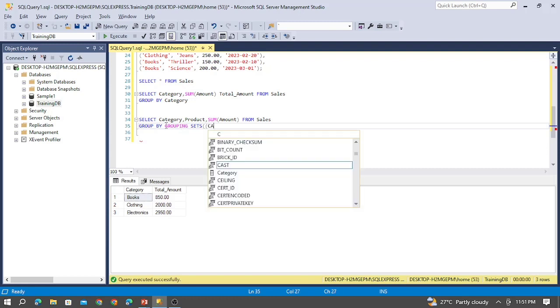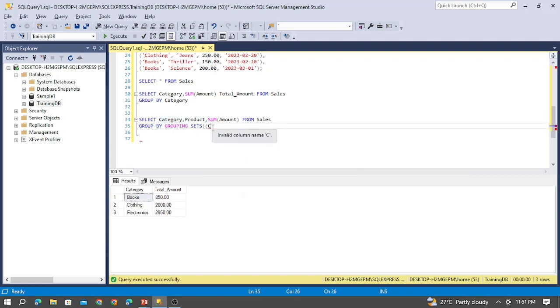So you can use the grouping set. Now you can provide on which basis you need to do the group by first. I need to group the values based on the category, and I need to display the total based on the category and products. Once all the products in this category have been entered, I need to display the total. So I can provide this category and product here, and let's close this. So now you can select this